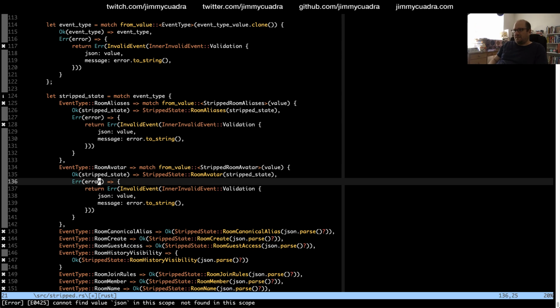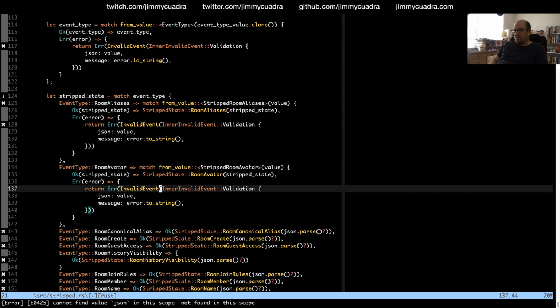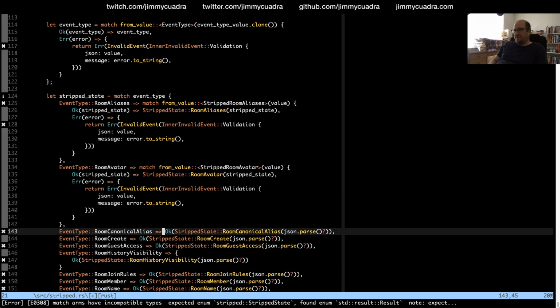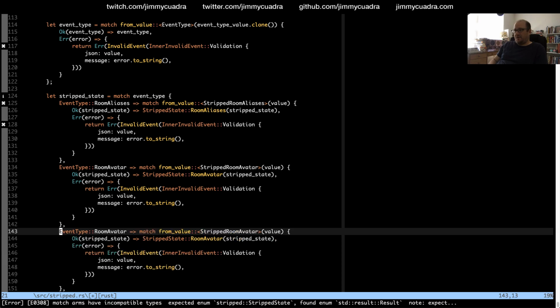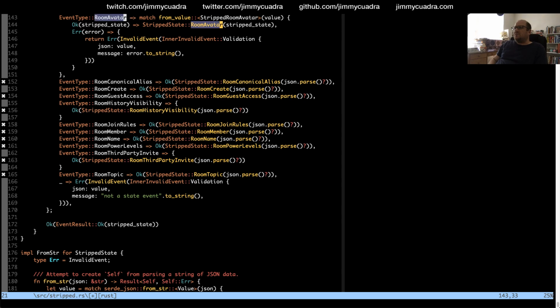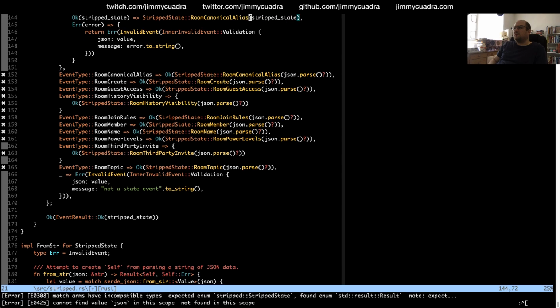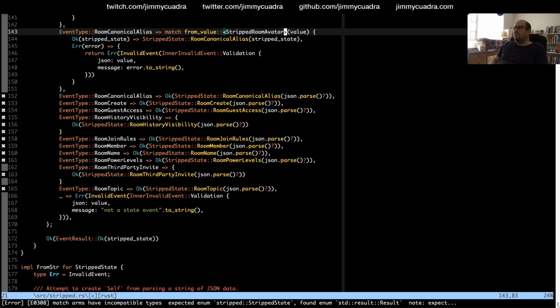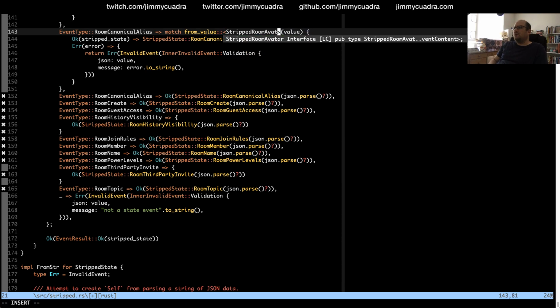I guess I could make a crate wide helper for this thing to reduce that boilerplate a little bit, but I don't know. It probably doesn't really matter here. Alright, so this I'm going to change to room canonical alias. And this is stripped room canonical alias. Okay.